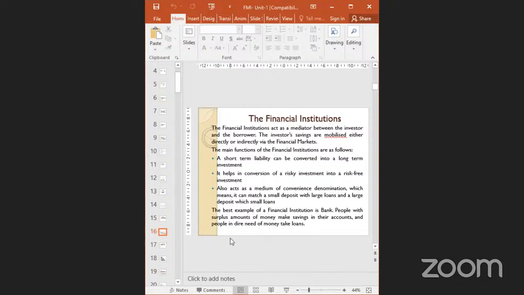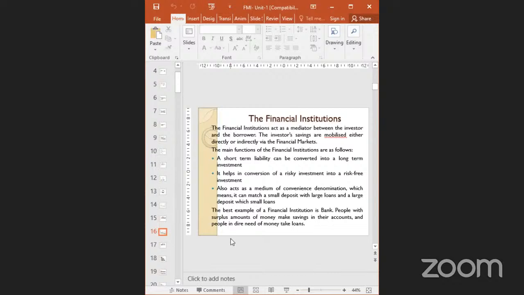But how to reduce that risk to a certain level? That is what the financial institution is always looking for. To reduce risk, they will ask for insurance, so in that way risk will be reduced. They will ask for good speculations, and on the basis of that speculation, you will buy the product and sell the product. Then you will also feel a little less risky. That means somehow it will reduce the risk on the head of the individual investors. So it will be a purposeful work of the